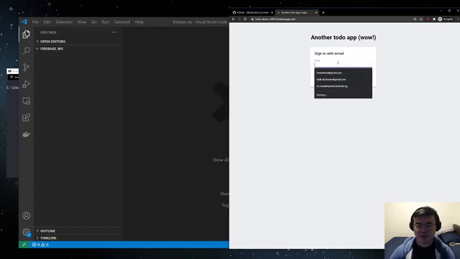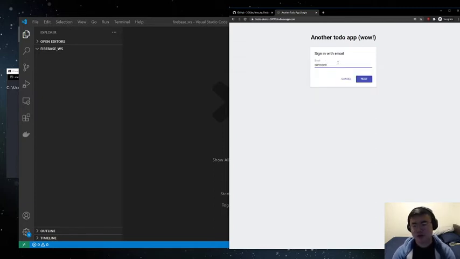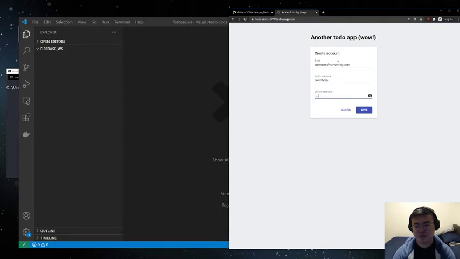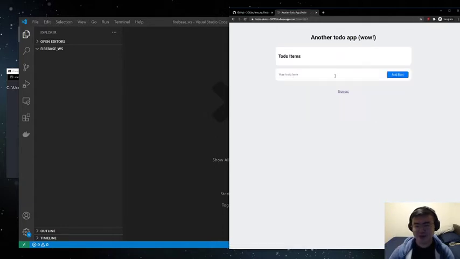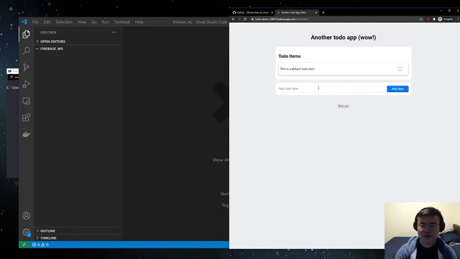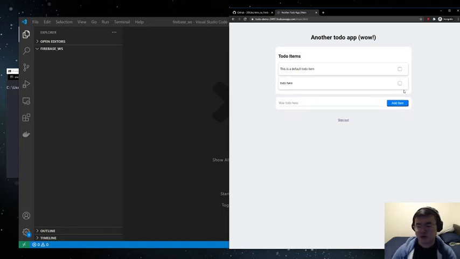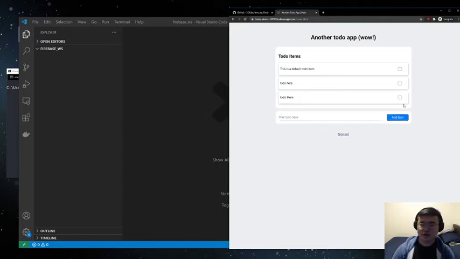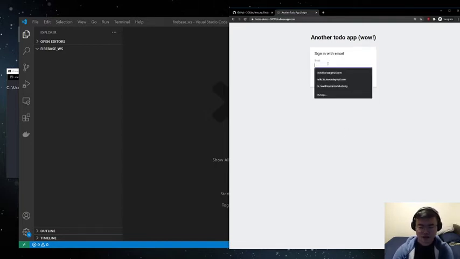So we'll have a to-do app where we can log in. And then we have populated default to-do items. Then we add a to-do there. And then when we sign out, when we sign in again,